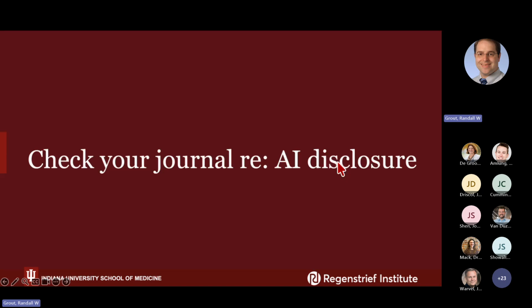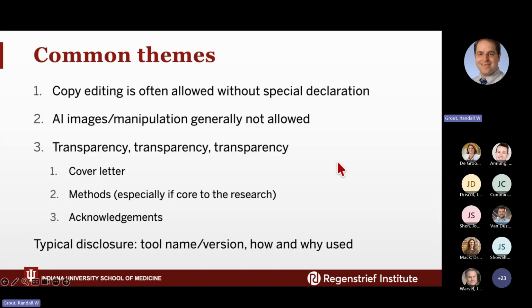So let's move to the next key point about different journals and disclosures, transparency and accountability that is required. So first, some common themes that come up, and then we'll go through some examples of different journals about using AI in research reporting or publication. Some common themes among various publishers is that copy editing is often allowed without a special declaration or acknowledgement. We'll get into some examples of how people define that. Sometimes you might wonder, well, is this copy editing? Is this not? Some publishers are more helpful in describing it in more detail.